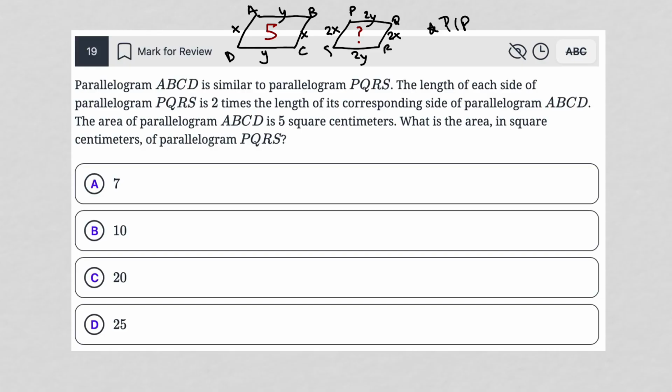So there is a rule that I remember, and hopefully you remember this as well. Whenever you have similar shapes, really any similar shape, the scale factor, right? And again, the scale factor here is that the parallelogram PQRS is 2 times the length, right? Which basically means it's 2 times the size overall. So that scale factor from parallelogram ABCD to parallelogram PQRS is 2, right? I'll just say 2 times to make sure we're not confused. 2 times the size. Well, that scale factor can be used to determine the area as well as the volume,